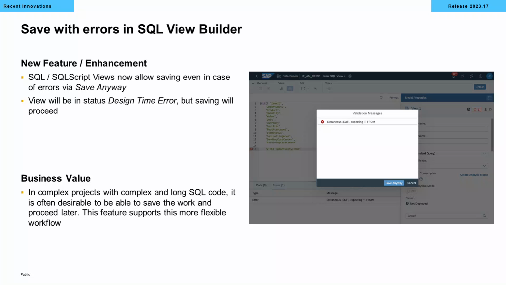With Wave 17, we are introducing a small but, for practitioners, very important change, and that is that SQL views and SQL script views can now be saved even in case of errors. So why is this important? Very often SQL views and SQL script views are used for long coding parts, and it just may happen that errors are in them, and it would be just so helpful to be able to save that, go for lunch, grab a coffee, and continue